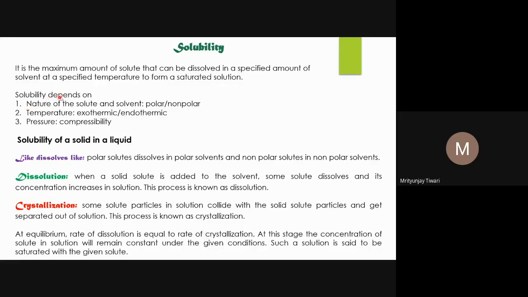Now, the factors that affect the solubility: there are three factors that we usually consider. One is the nature of solute and solvent. Nature means the chemical nature. And what chemical nature is really responsible for the dissolution or the solubility of a solute in a solvent? This is the polar and non-polar nature. What is polar nature and what is non-polar nature, we have already seen in chemical bonding.